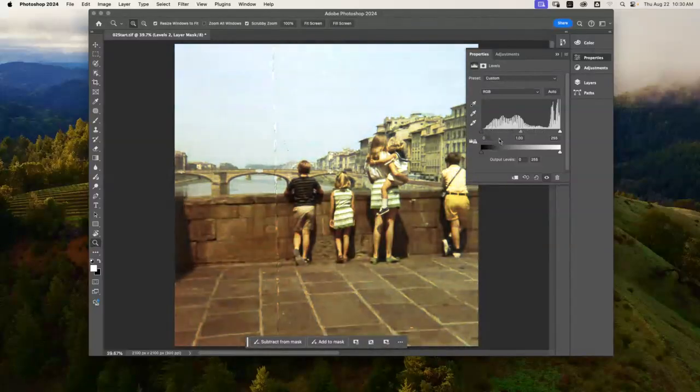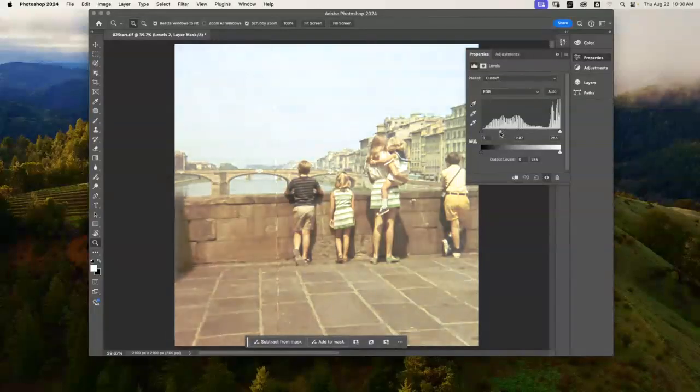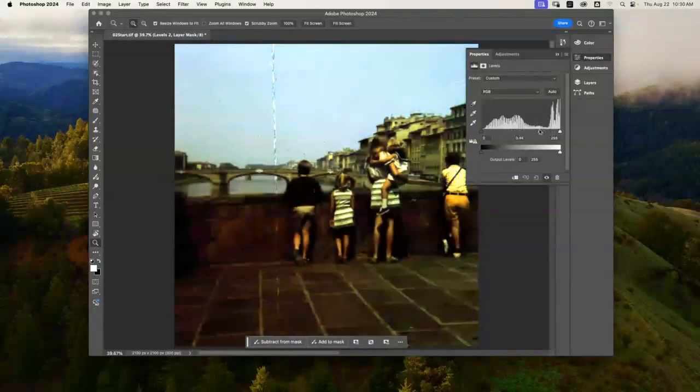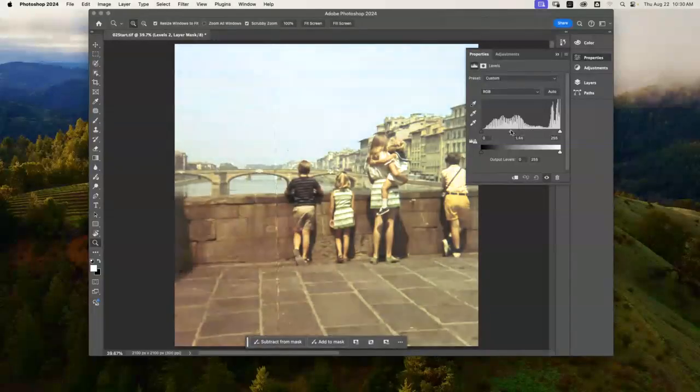Okay, now I know why I moved that. Why would I move the middle one? Oh, I want it brighter. I want it burned up. So you start moving these to see what it does. And then in the future, if I need to make an adjustment to this photo,